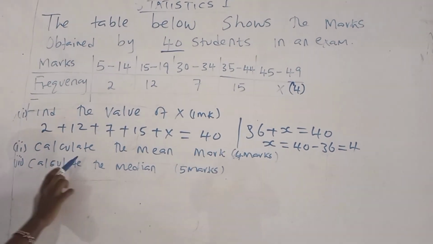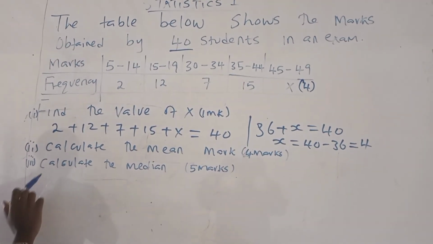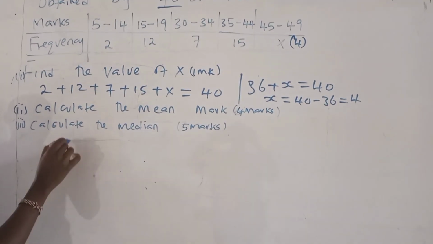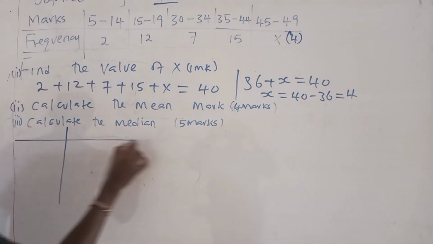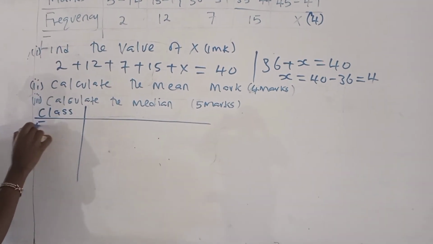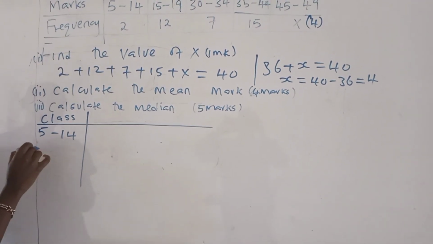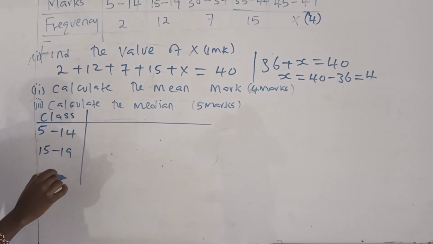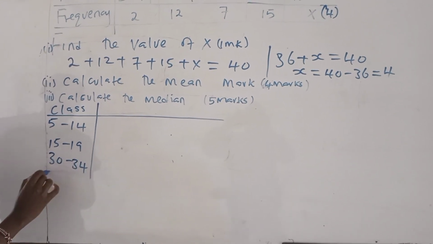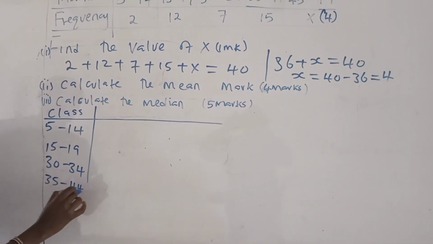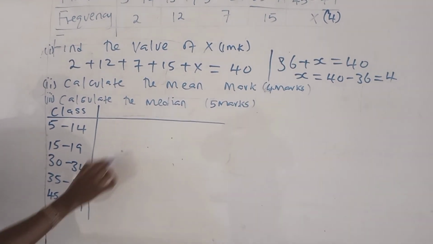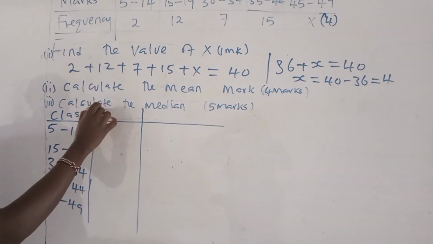Then calculate the mean mark and then calculate the median. So how do we get the mean mark? We are supposed to come up with a table. So I draw a table of class, and I have the first class as 5 to 14, then 15 to 19, and then I have 30 to 34, 35 to 44, and the last one is 45 to 49. And then we are supposed to get the midpoint,